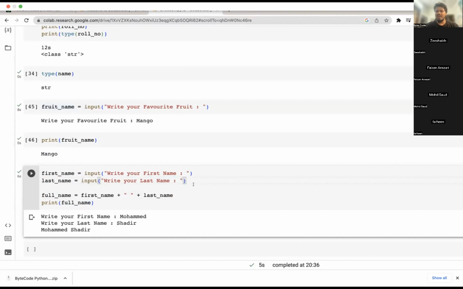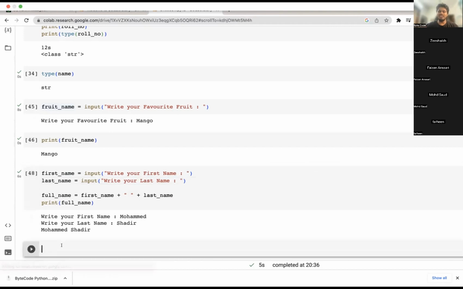Now the server's IP address will be dynamic. It will change at any point of time.